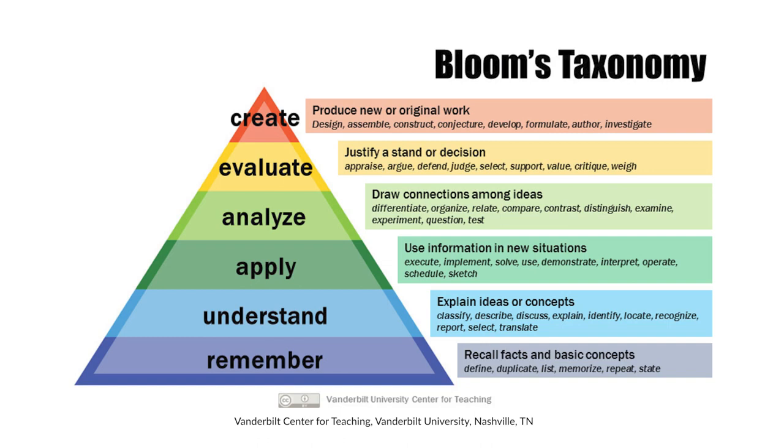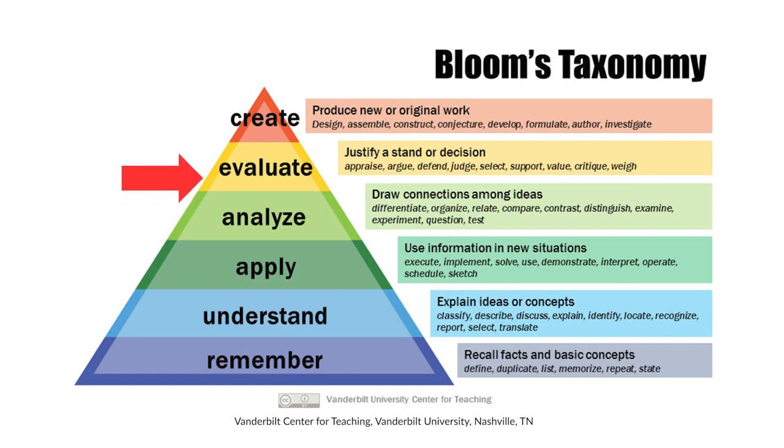Consider these examples. First, for learners to remember, which is the lowest level of cognitive processing, they should be able to recall a fact or fundamental concept. A learning objective might include the task of listening or repeating as one indication of learning. Moving up the hierarchy, for the learner to apply knowledge, an objective might include a demonstration task in a new context as evidence of learning success.